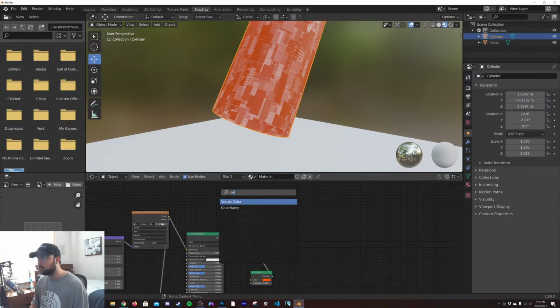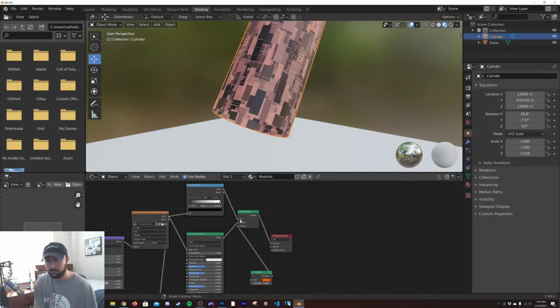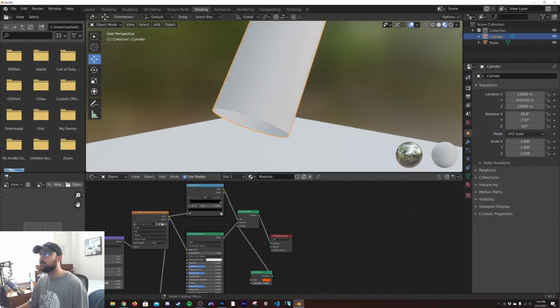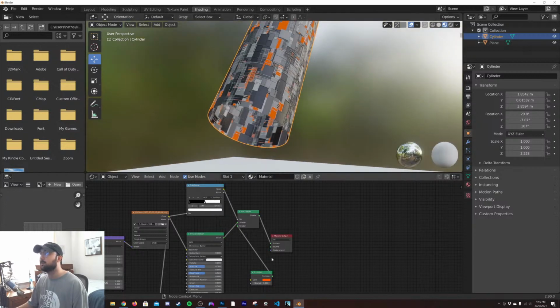So I'm going to get a color ramp first, and then put the color here like this. Now we'll just go to constant. And there we go. Now we got some guys that glow, and we'll bring it up. Boom. How freaking cool is that?